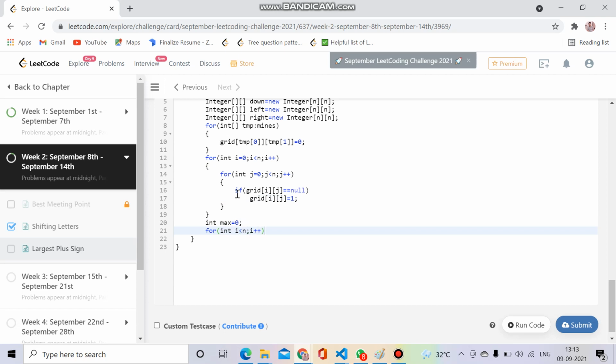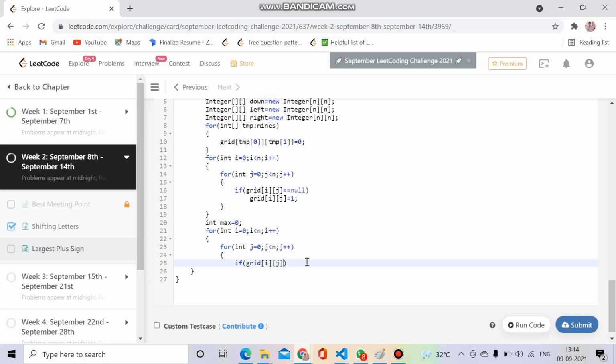Okay, to access this, let me take it from here only. So yeah, if grid i j is not equal to 0, or you can say 1, then only we will do something.